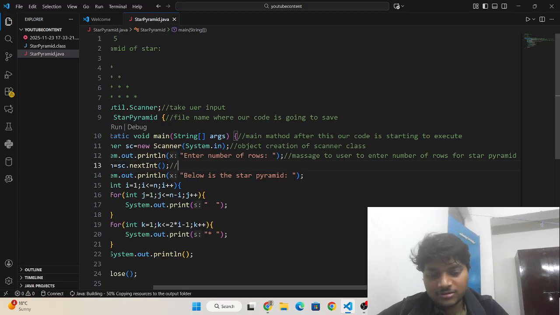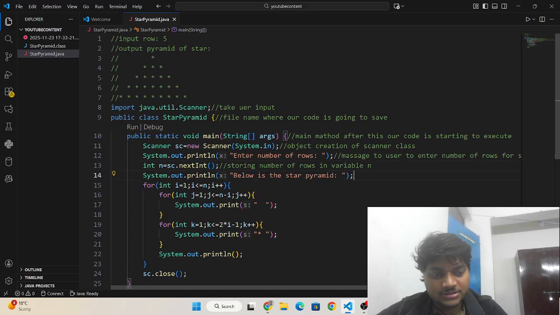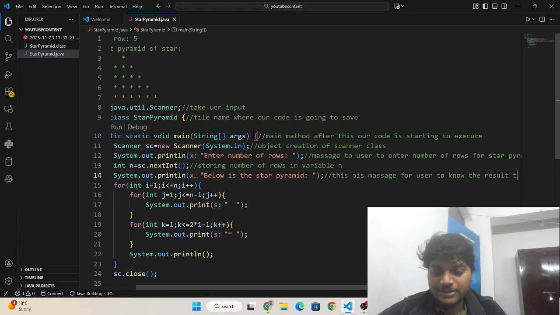And this is storing the number of rows in variable n. And this is a message for the user to know the result text.